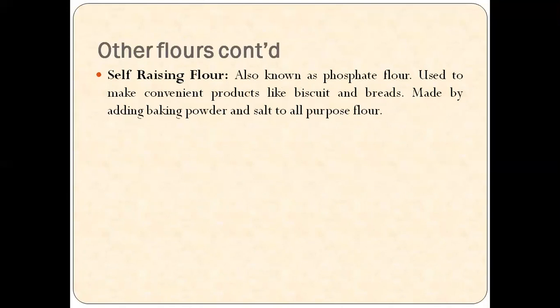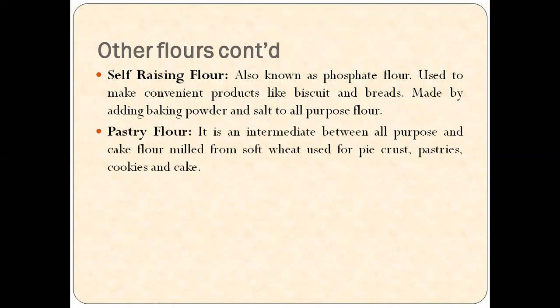Next is the self-raising flour, also known as phosphate flour, used to make convenient products like biscuits and breads. If you've understood, it is from a wide range of biscuits, cakes, cookies, and breads as well. So it can be used for any products in the bakery, made by adding baking powder and salt to all-purpose flour. The next is pastry flour. It is an intermediate between all-purpose and cake flour, milled from soft wheat, used for pie crust, pastries, cookies, and